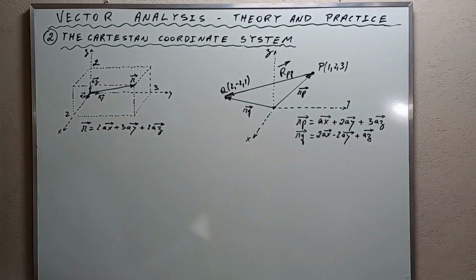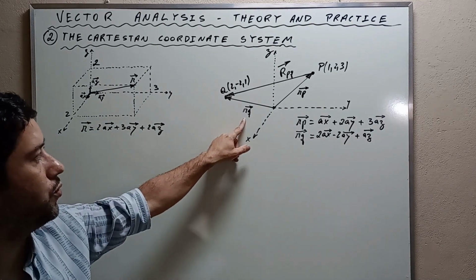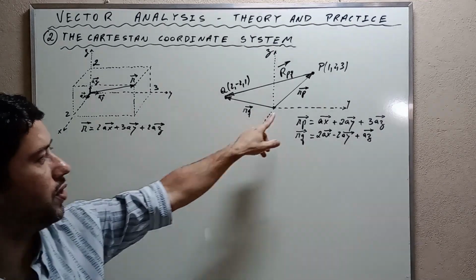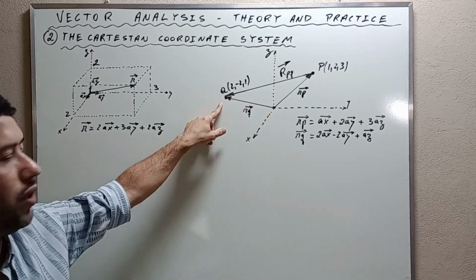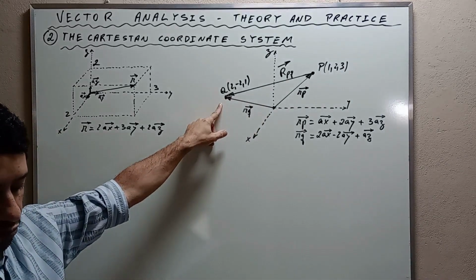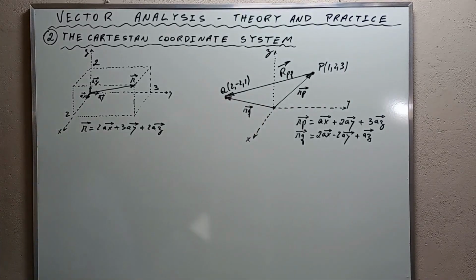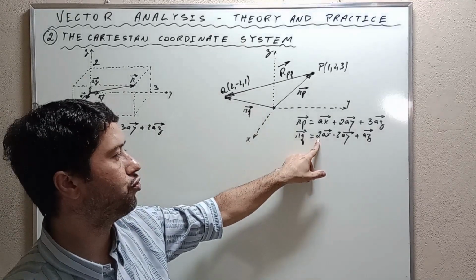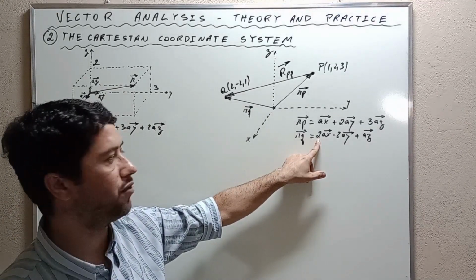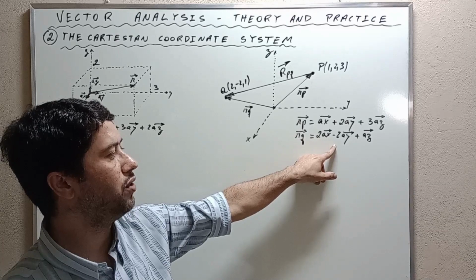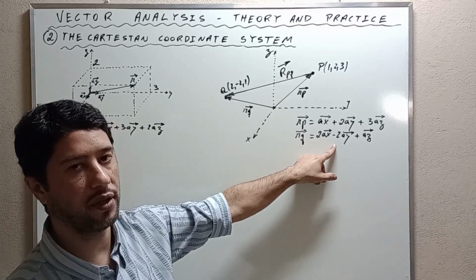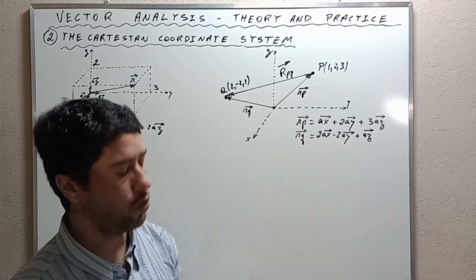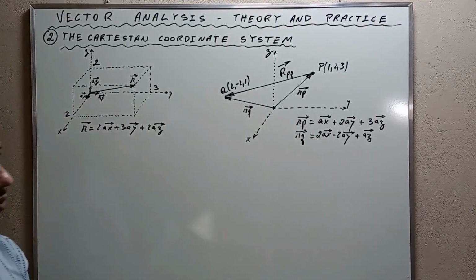Likewise, vector rq pointing from the origin to point Q is written as 2 in the x direction minus 2 in the y direction plus 1 in the z direction,